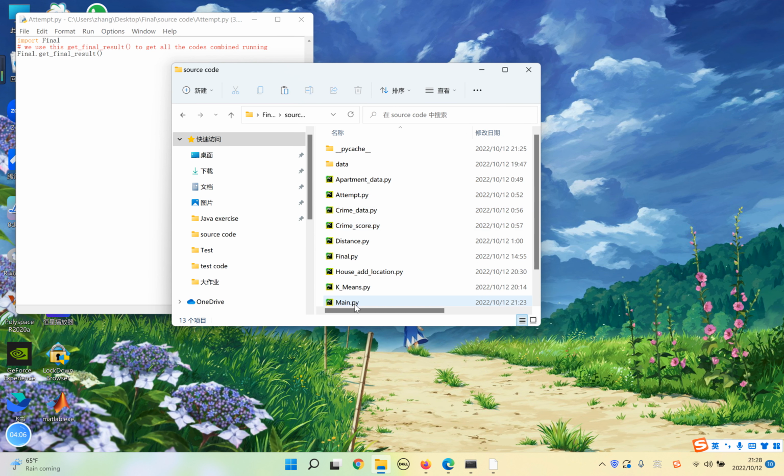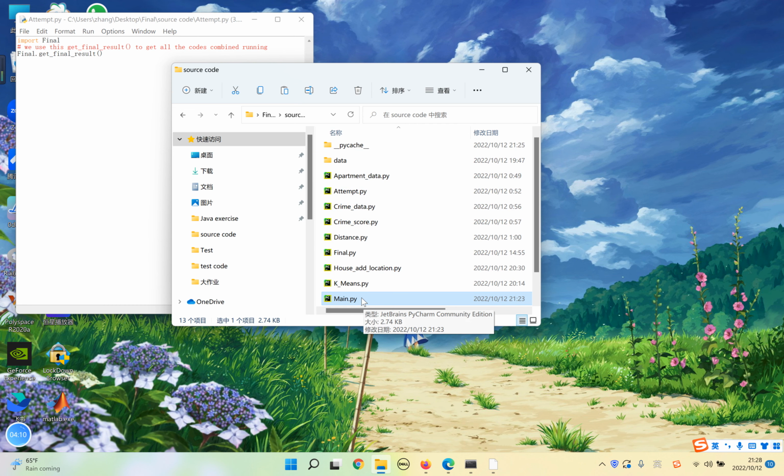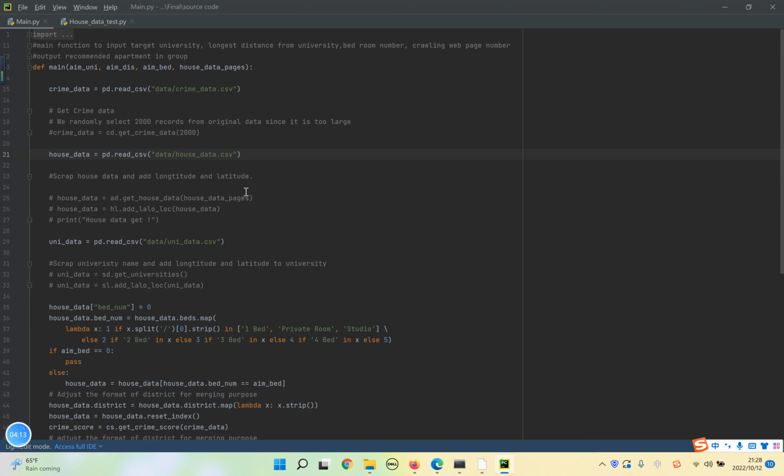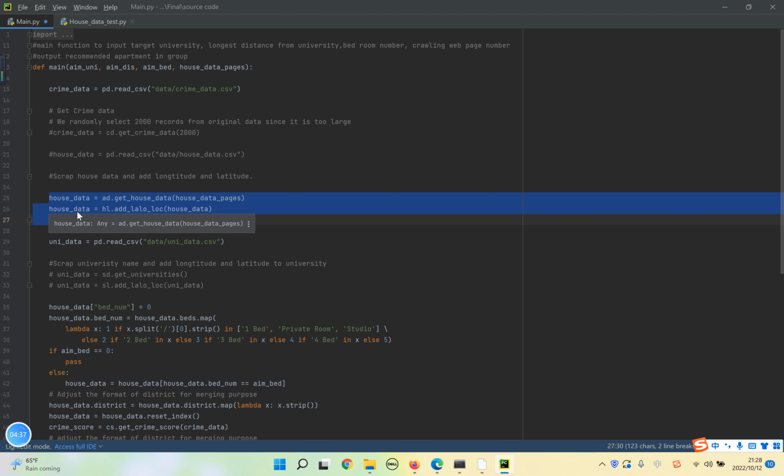You can see here that there's this main.py. Let's open it. And in the main.py, you will see crime data, house data, and uni data. You can see we use pd.read_csv to get the data, which means we parse the data for you and you don't need to parse again. But if you do want to parse it, it's very simple. You just comment this one and uncomment this one, and all the result will be the same. But we don't really suggest you to do that, because this add_log